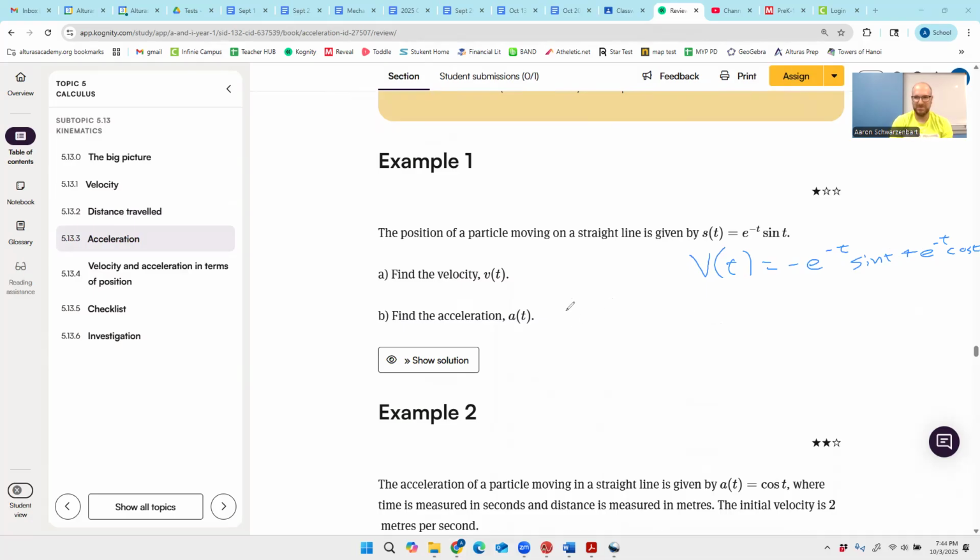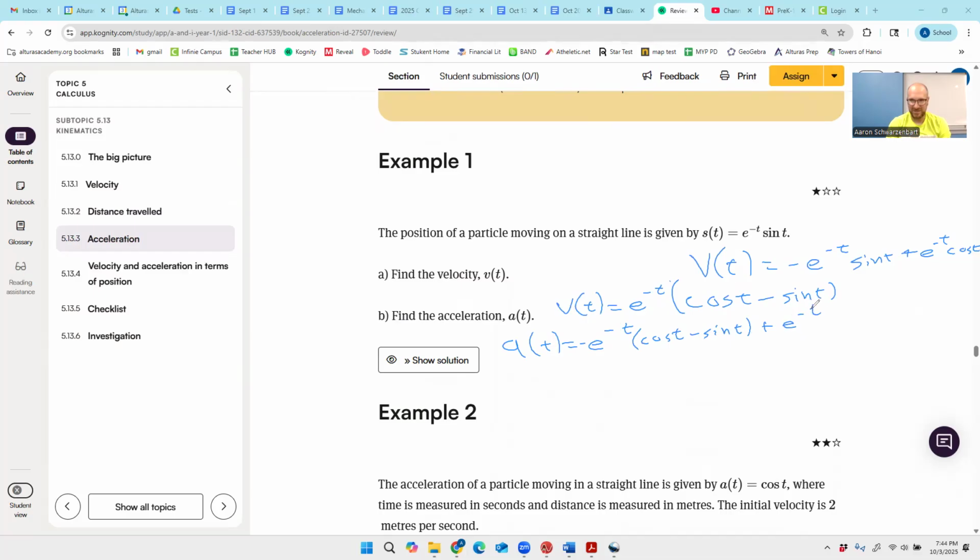Well, this is not going to be terribly pleasant. Well, let's factor first, before I do the acceleration. I can factor out an e to the negative t, and that gives me a negative sine t and a positive cosine t. So a of t then, we'll go negative e to the negative t, cosine t minus sine t, plus